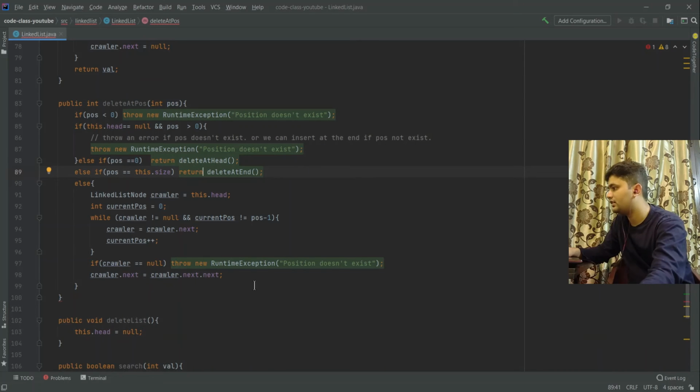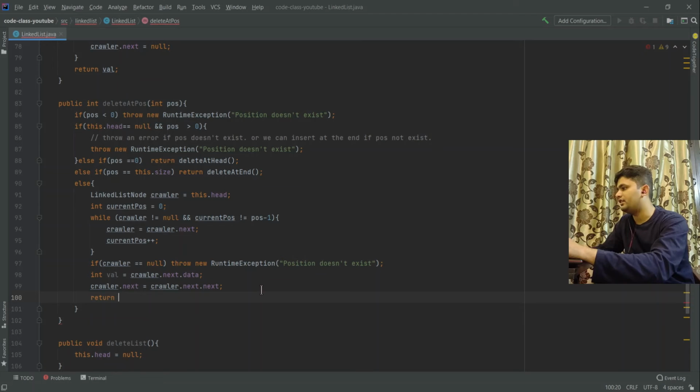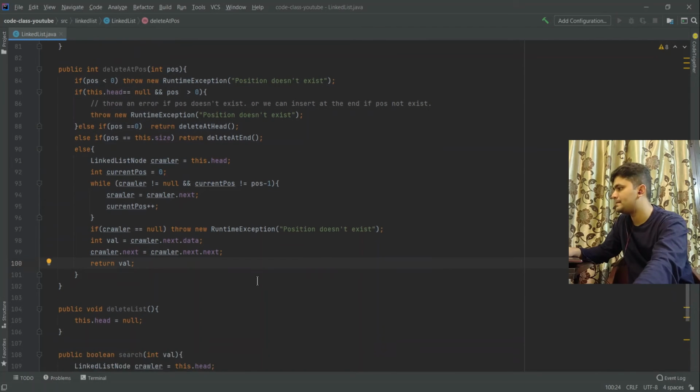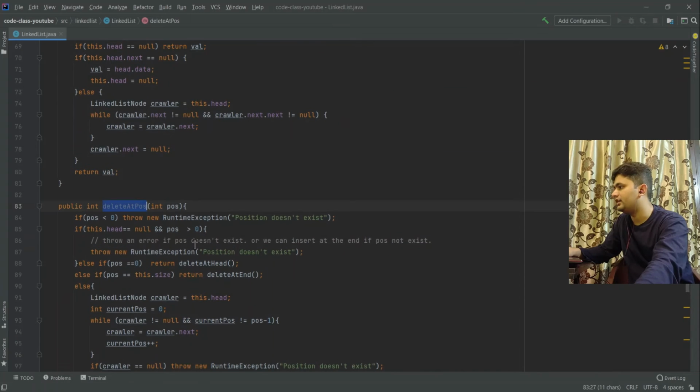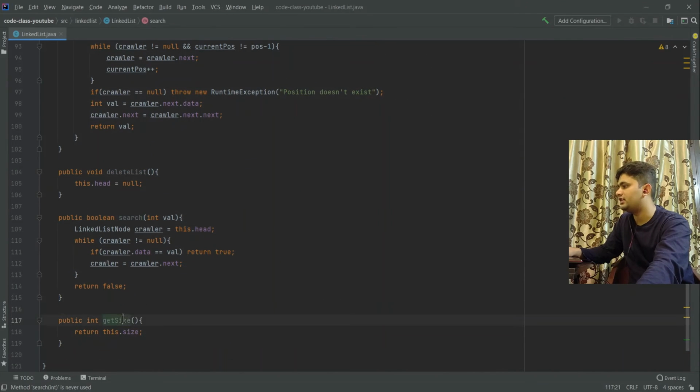Just before, we will capture the int value for crawler dot next dot data, and at the end we will simply return this value. Okay, so delete position is done, delete linked list is done, search is done, get size is done.